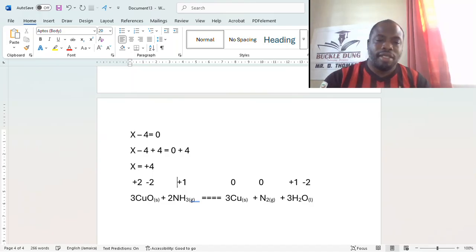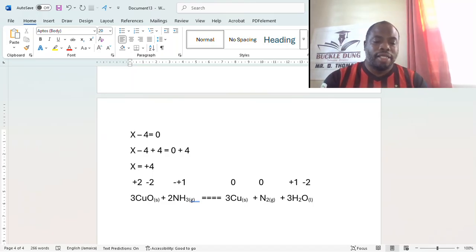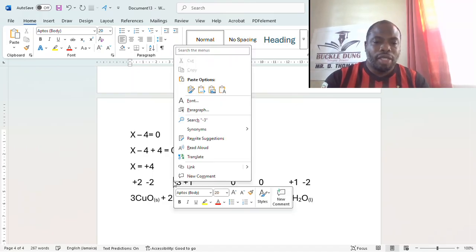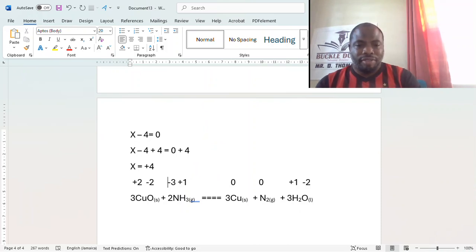And so the concept is when we add the oxidation number of all the atoms in a neutral compound, we must get 0. So the only way we can get 0 when we add all of them is if the nitrogen is a